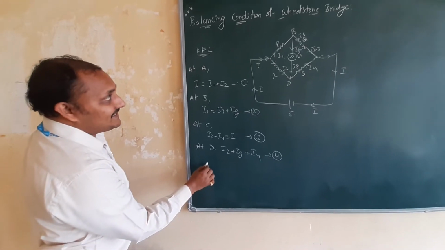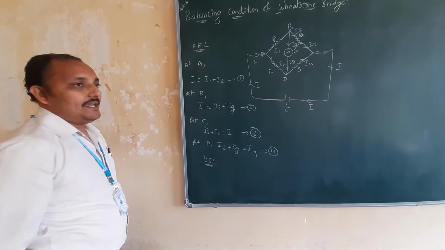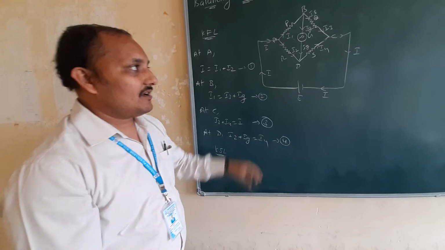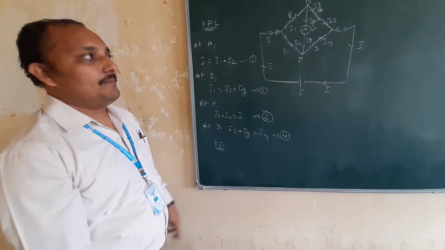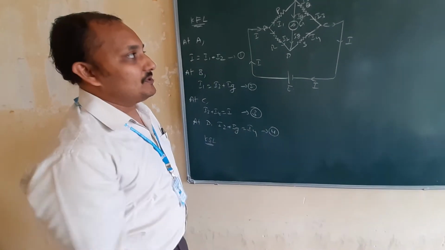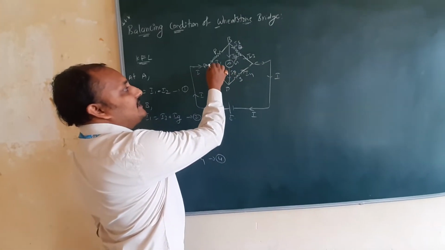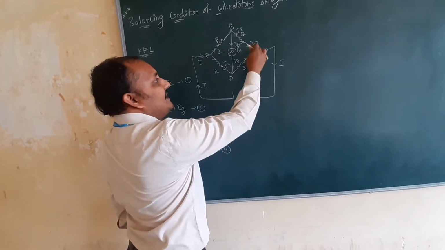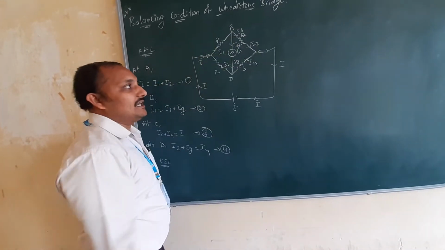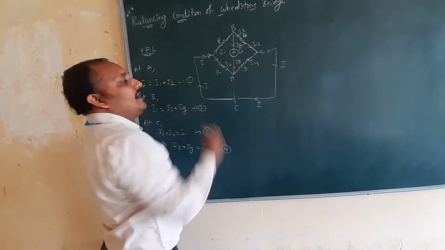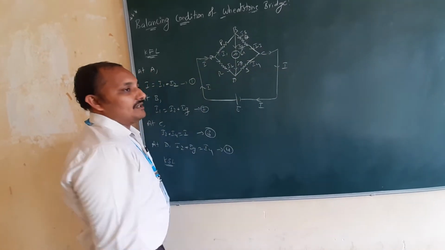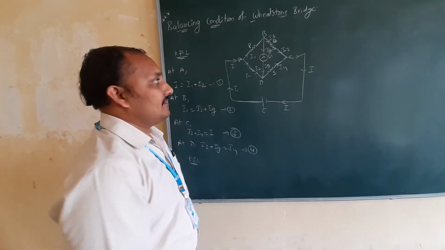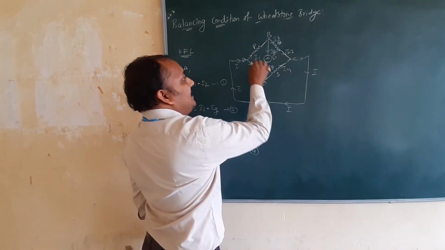Now we will apply Kirchhoff's second law. According to Kirchhoff's second law, the algebraic sum of changes in potential across components or resistors is equal to 0. But you should identify loops. Here see, how many loops are there? A, B, D, A is one loop. Next one, B, C, D, B is another loop. Like that you can take A, B, C, D, A, another loop. Like that you can take so many loops here. But whichever we want, mainly we want this left triangle and right triangle. That is nothing but A, B, D, A.